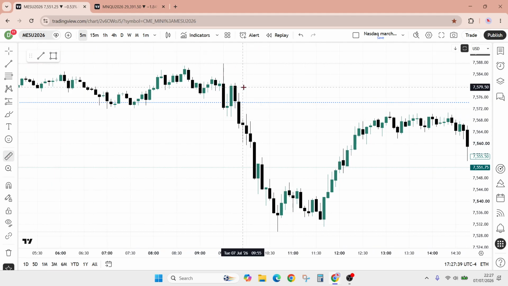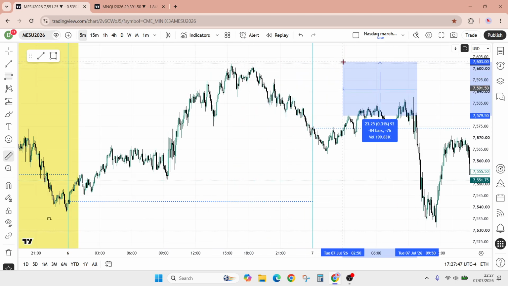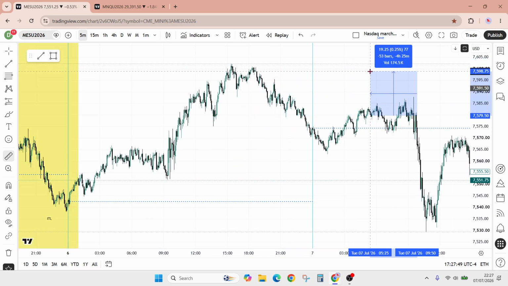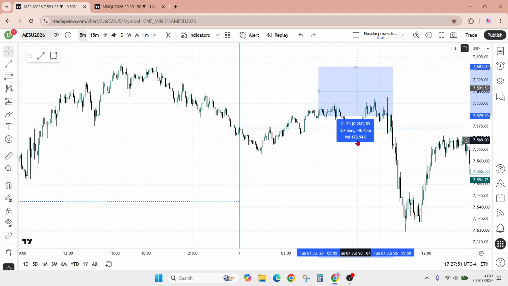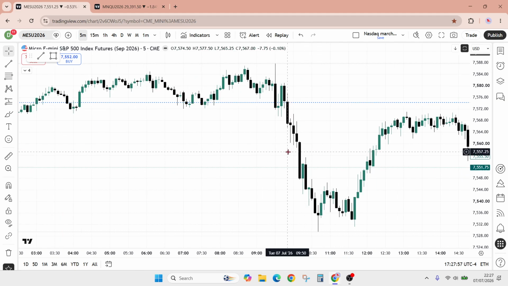So I went long here, around here. Once this candle was closed, I went long around here, put the stop loss here, and my take profit was around here. So it was around 2 to 1. Now I don't find a big issue with that, regardless that I was very skeptical with it, because if I replay